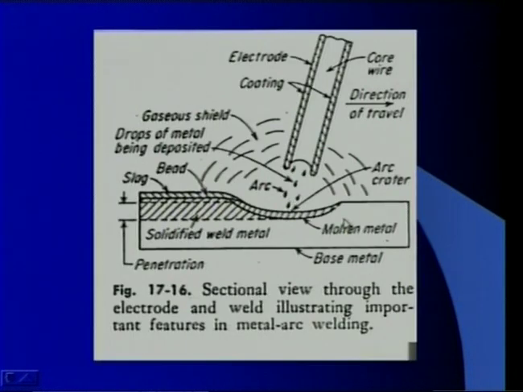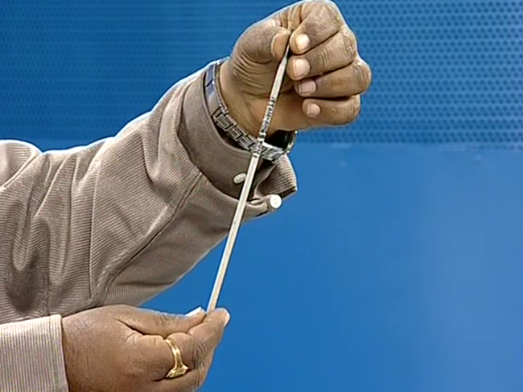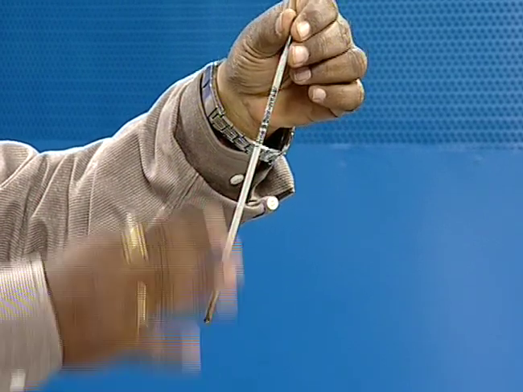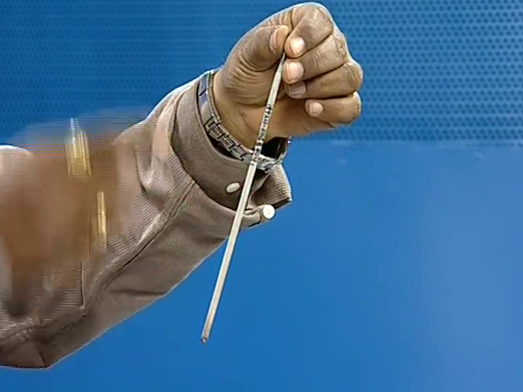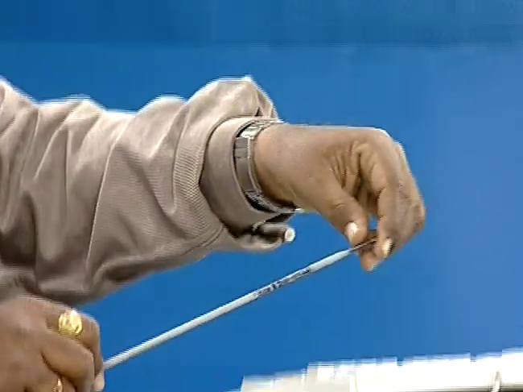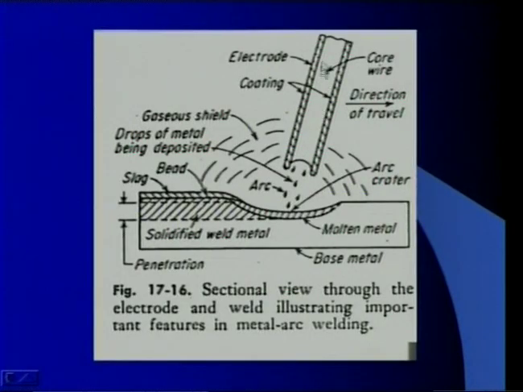The same thing we can see in the cross sectional view of the electrode. Here we are going to see the electrode. If we cut the half section and see it from the monitor, we can see clearly this is the electrode. At the cross section, around the electrode is a coating, which is useful for preventing the weld bed.